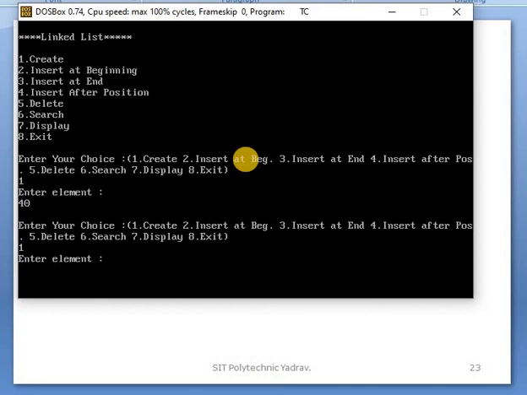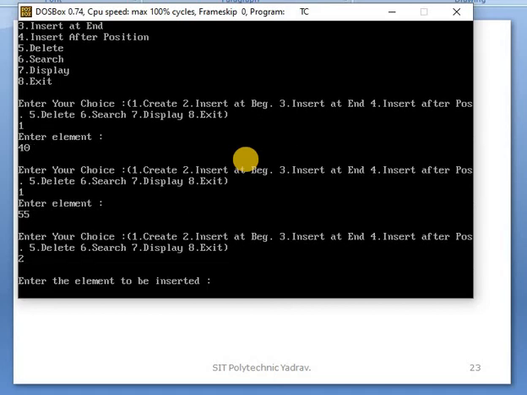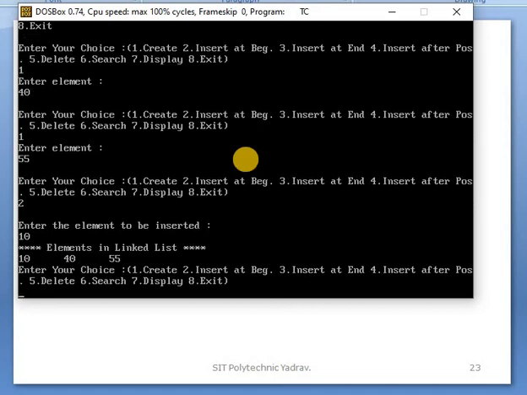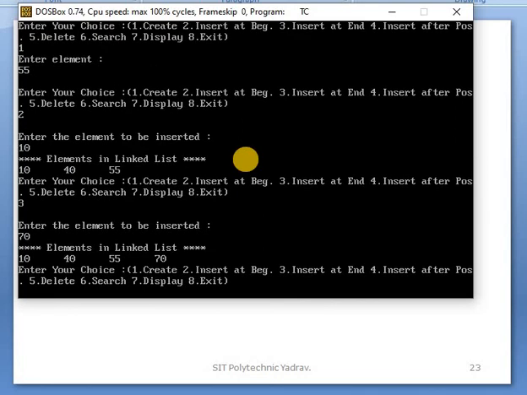Again we create it. Okay, we insert at the beginning, for example, and insert it. Third choice, insert at the end, for example 7, add it.